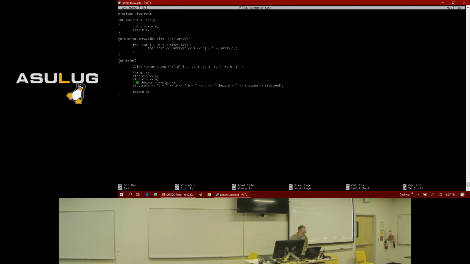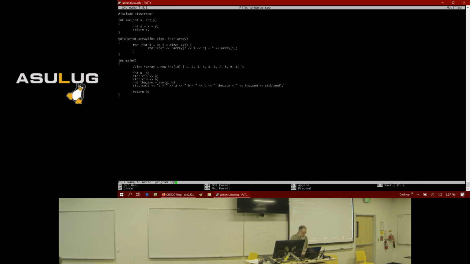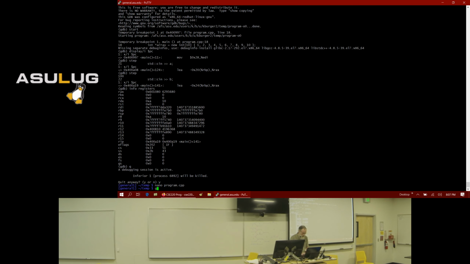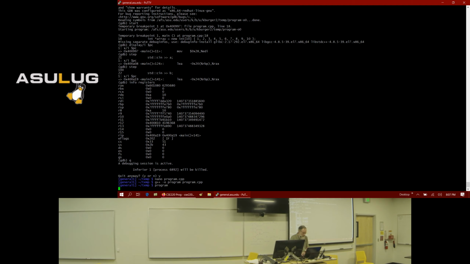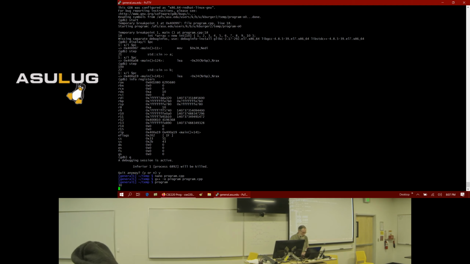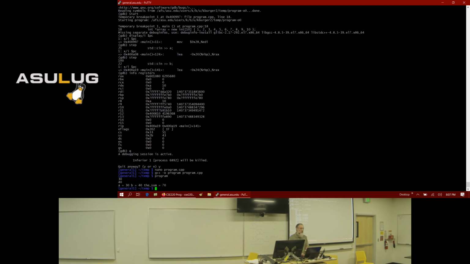Okay. My program is going to read two numbers and then print out the results to standard output. So I'll save that and compile. If I run it, it'll ask me to enter a number, another number, and prints out the output.